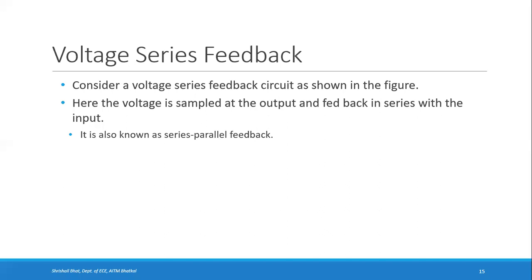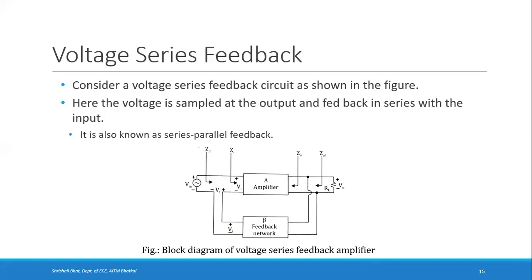So voltage series feedback in the sense that from the output, the voltage is fed in series with the input voltage. If you consider the diagram of a voltage series feedback, we have seen even yesterday that there is an amplifier, right? There is an input given to that. The input is Vin. The input to the amplifier block is Vi, and the output is V naught across the node. From this output, the voltage is fed through a feedback network in series with the input. So here there is V naught, feedback voltage is Vf, okay, and here Vf is appearing in series with Vin.